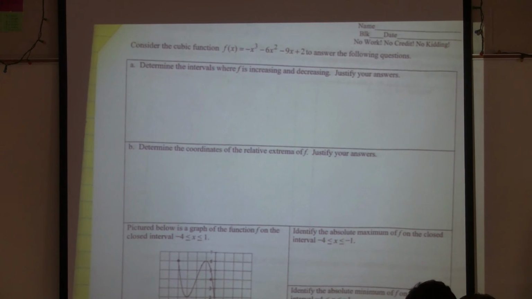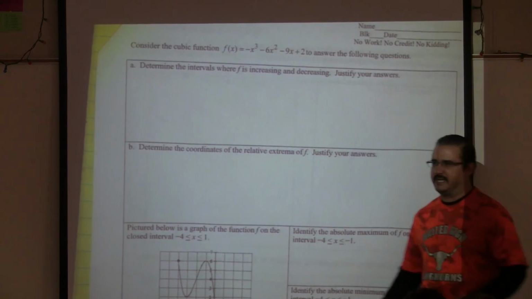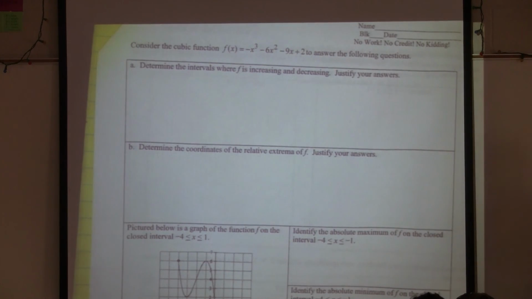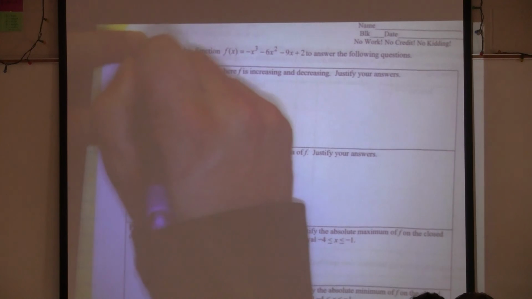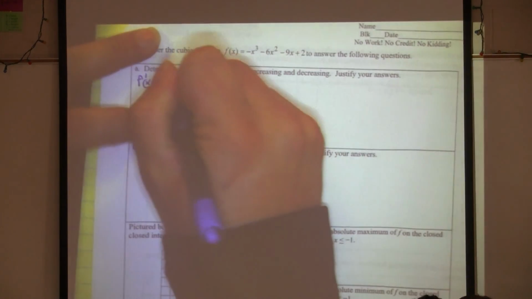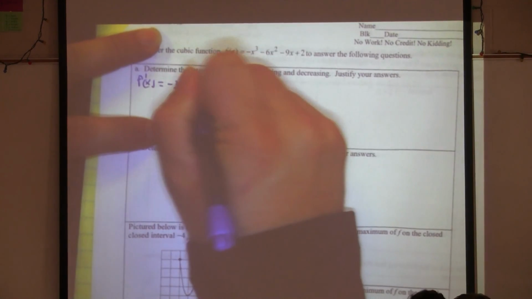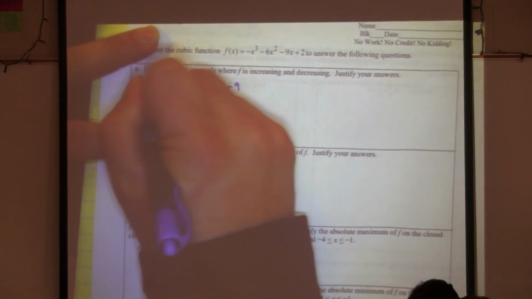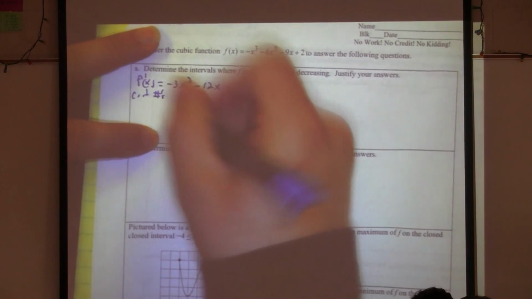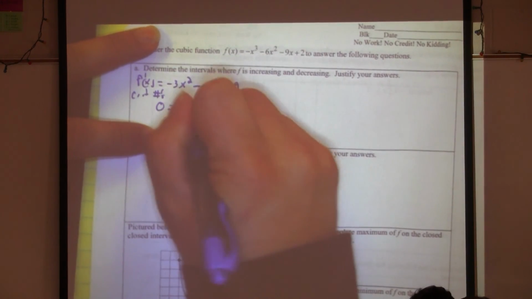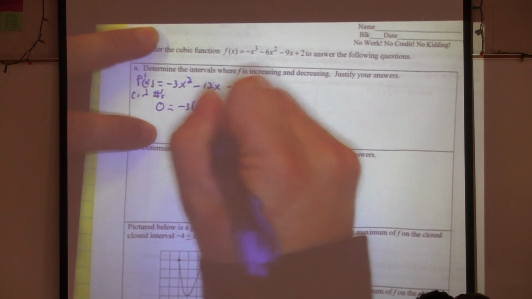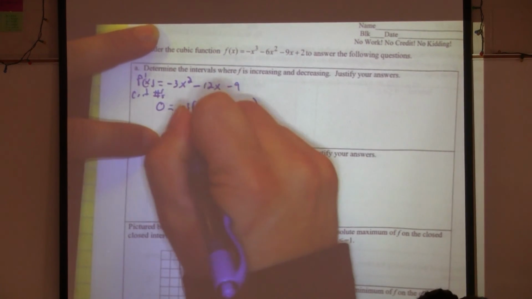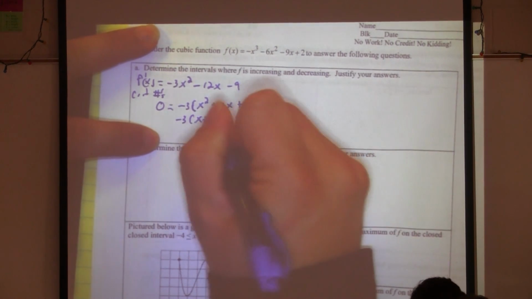We should be experts at that. We just took a test. Sign line, first derivative. Quick. What's the first derivative? Negative 3x squared minus 12x minus 9. Good. Then I have to find my critical numbers. Set it equal to 0. Take out a negative 3. What's left over? x squared plus 4x plus 3. Come on, factor it. x plus